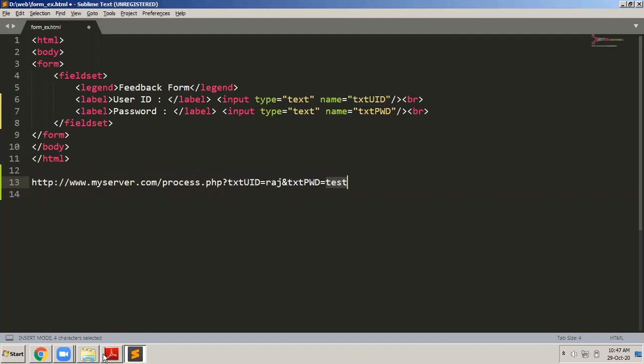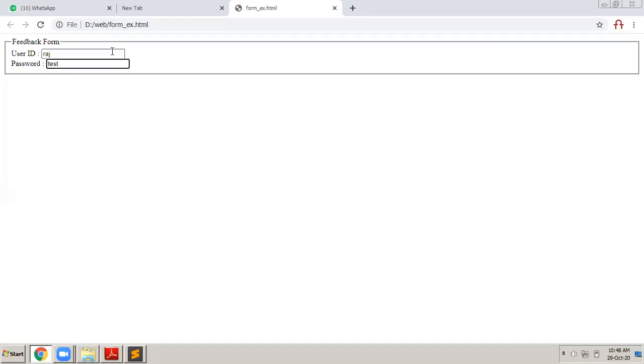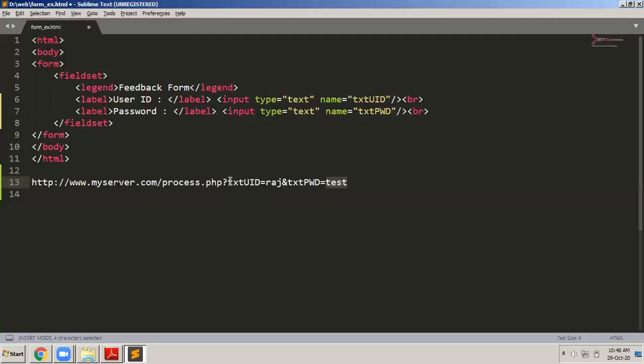Now this is an example for a form where there are only two text boxes. What if I have a very big form, a registration form where we are asking the user to enter his name, his age, his phone number, his email ID, everything? In that case, the query string will be very big because there will be more name and value pairs. Let us come to this later on. When we go to PHP, you will have a better understanding of this.